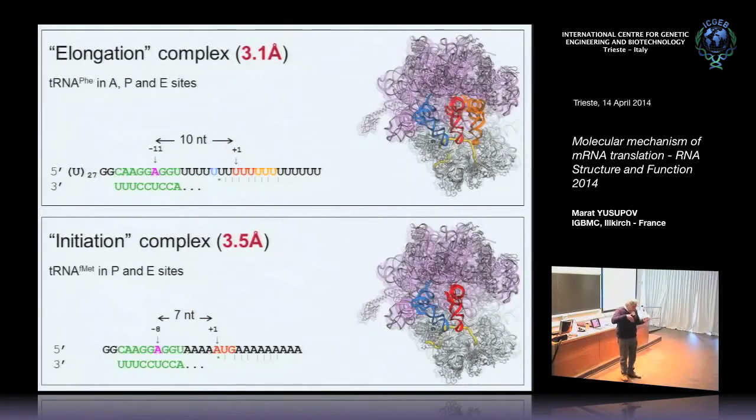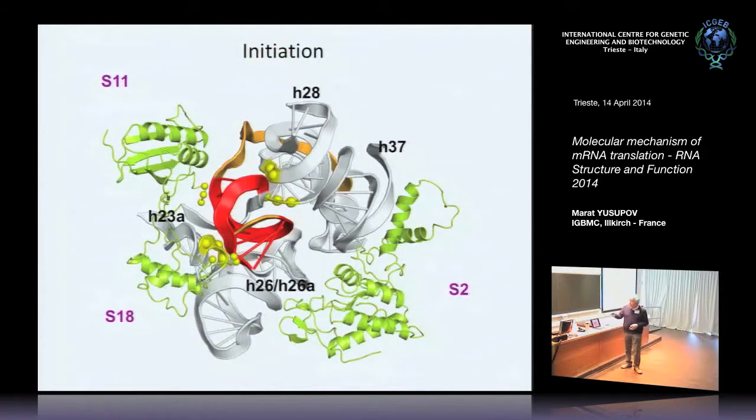Then we created two types of complexes. The difference between these two types: one we named the initiation complex, where the distance between the AUG start codon and the adenosine of the Shine-Dalgarno sequence is 7 nucleotides long. And this is statistically a normal distance for most messenger RNAs. So when we formed this complex and solved the structure, we found that the location of the Shine-Dalgarno duplex is different from what we found with the small fragment. It doesn't touch the protein S2. It has a far